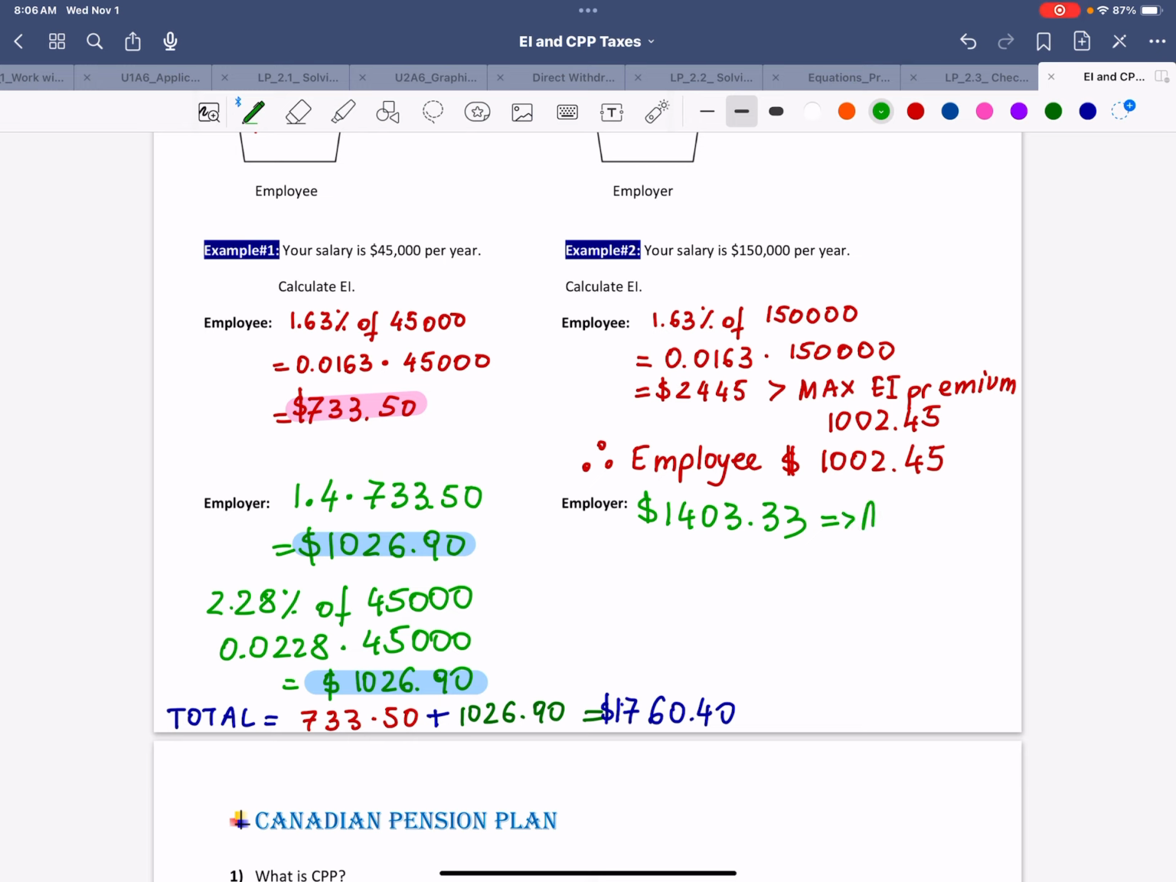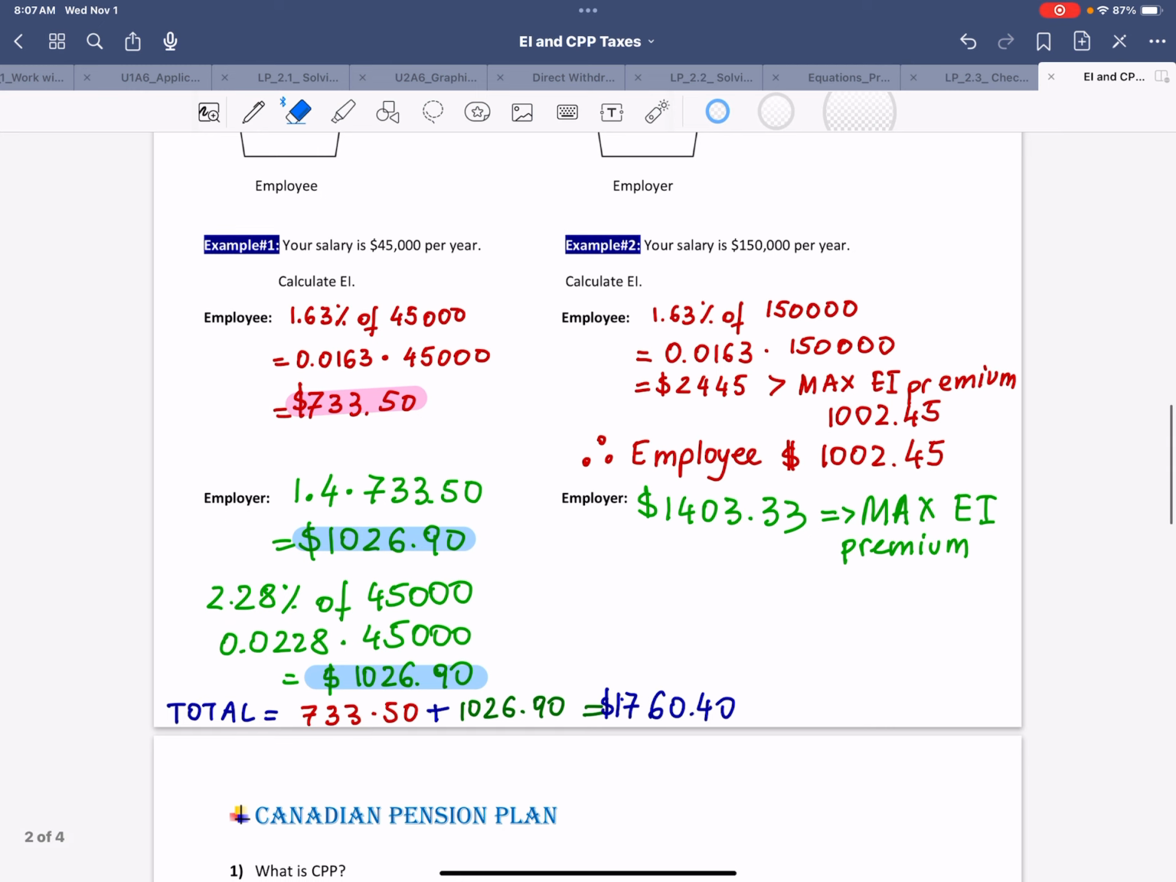So that's the maximum EI premium that is paid by the employer. And that is because, again, the amount here is higher than the insurable earnings. So that means that in total, for a salary of $150,000,